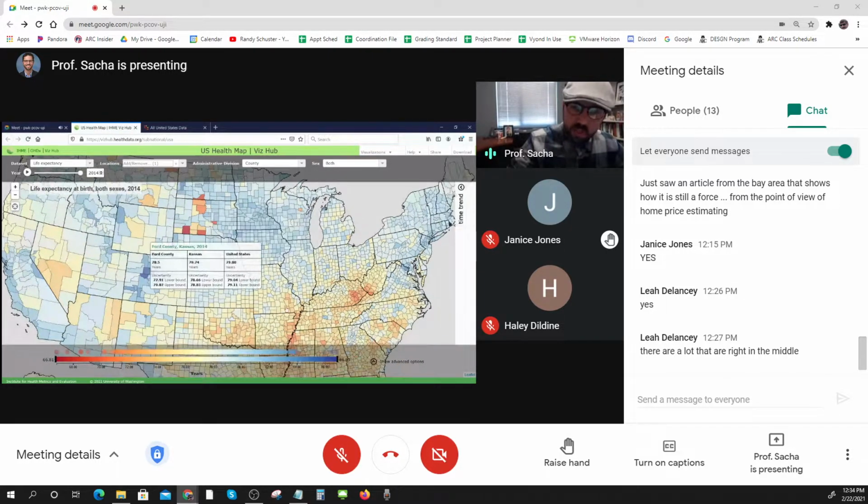Okay, so this is an interesting map. I'll send Professor Schuster the link so you can look around at it. But as you move in, you can kind of see these little pockets of low life expectancy, right? That suggest very clearly the question: to what extent are there social institutional problems there that are causing this low life expectancy, or are they ecological? Are they in the quote unquote natural or physical environment, right? Is it about air and water, maybe, or is it political? Is it about jobs and economic vitality?